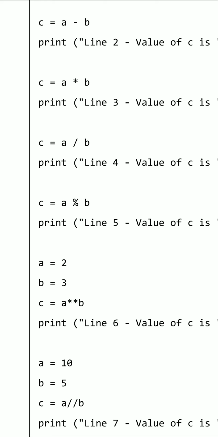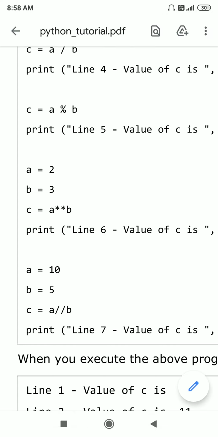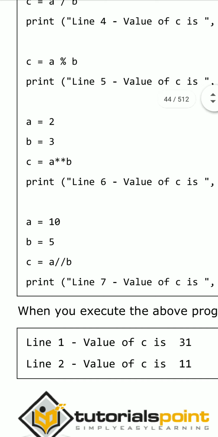Next, by using the print statement we can display the result onto the output screen. And next, here we perform the modulus operation between the two operands a and b, and the result is stored into c, and then we display the same value on the monitor screen. And next, the exponent operation is performed on operands a and b, and the result is stored into c, and the same c value is displayed onto the monitor screen.